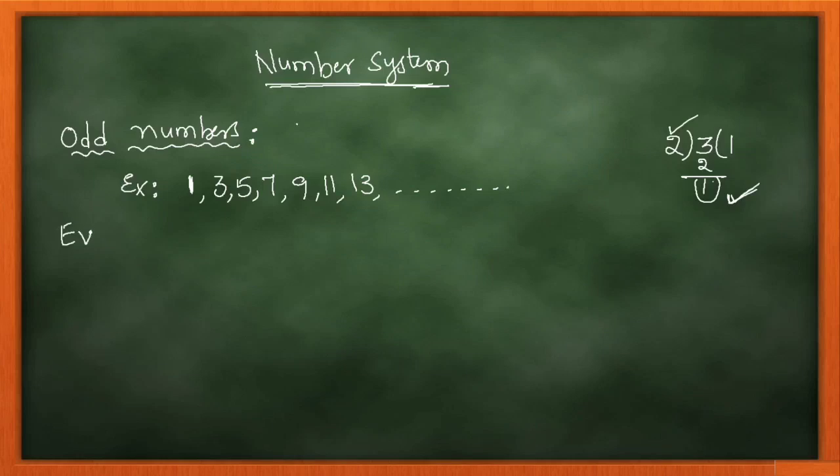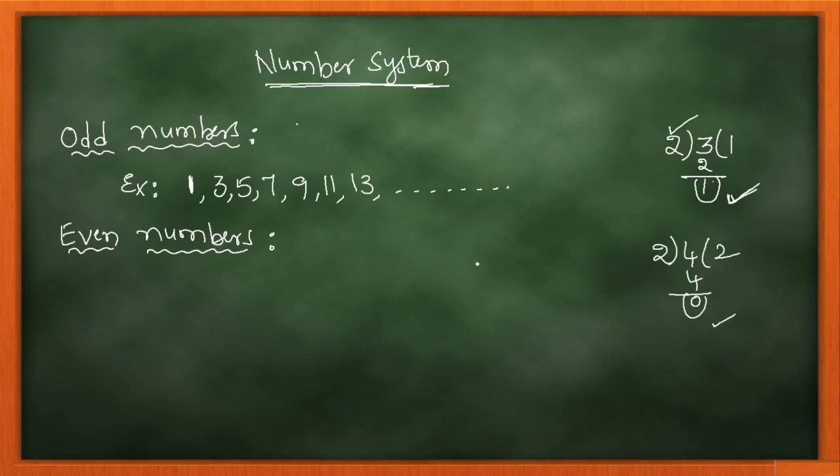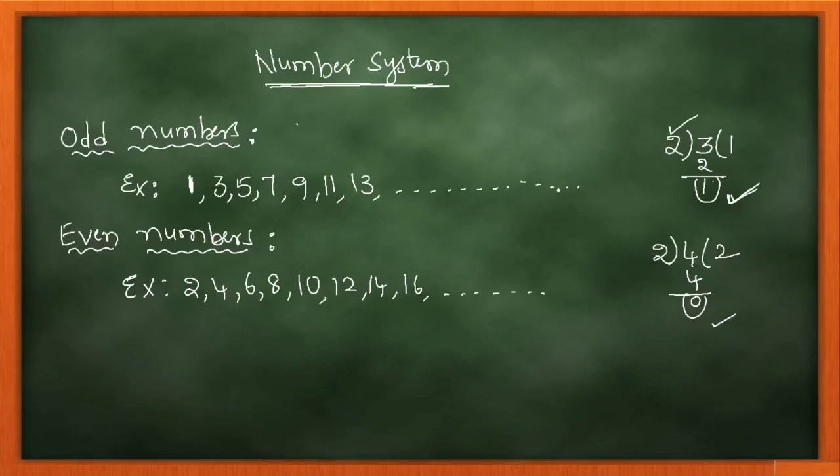Then what are even numbers? Even numbers are those numbers which give remainder 0 when divided by 2. That means they are exactly divided by 2. The remainder will become 0. So those numbers are 2, 4, 6, 8, 10, 12, 14 like this. This has no end at all. Because numbers have no end, they are infinite, odd numbers are infinite and even numbers are also infinite.